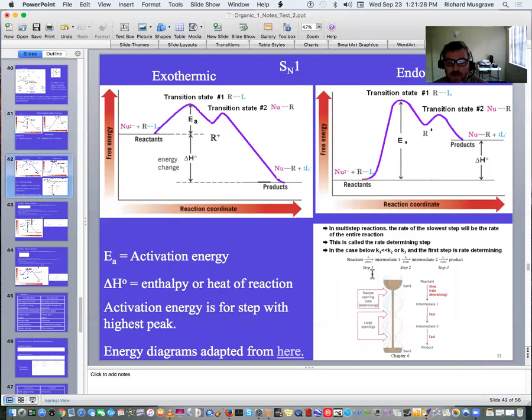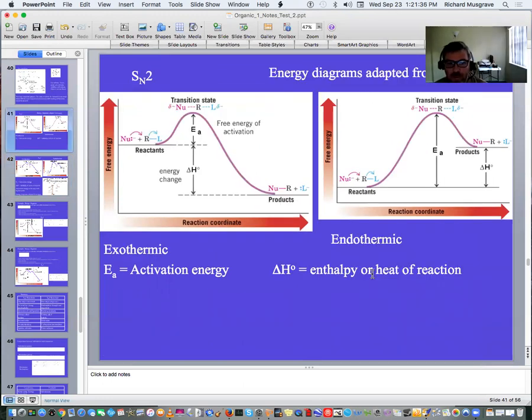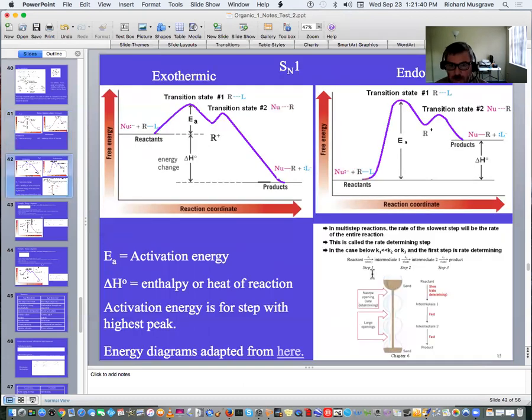And you can see that the EA and the delta H are still going to be the same kind of thing, even in the case of an SN1. But look at the difference in the energy profiles. The SN2 is a single hump process, and the SN1 is a double hump process because it's two steps. The activation energies on an SN1